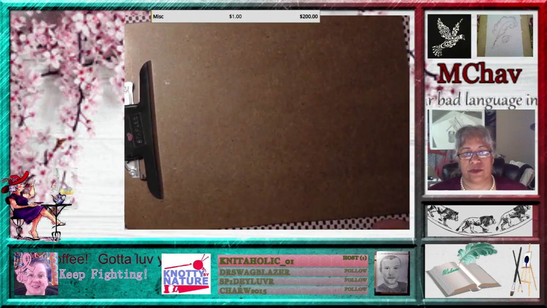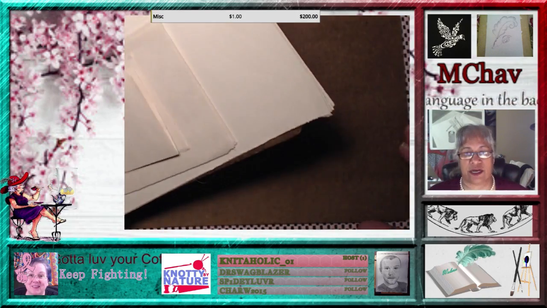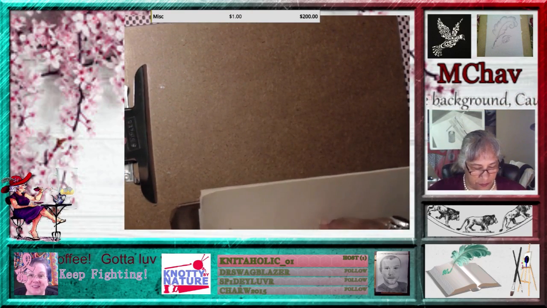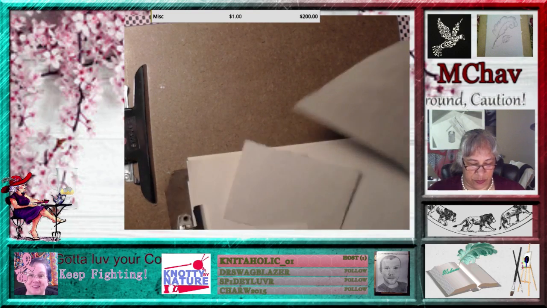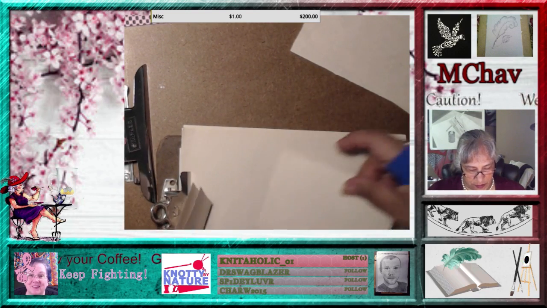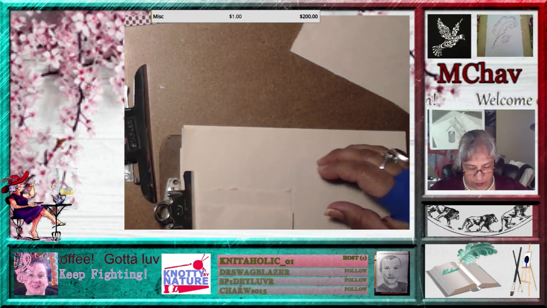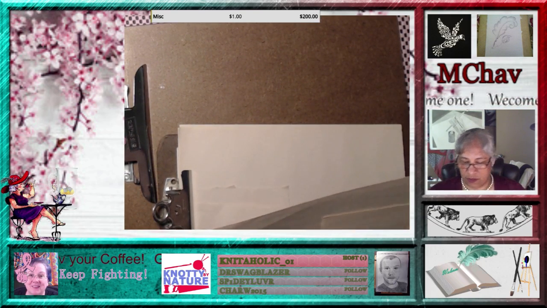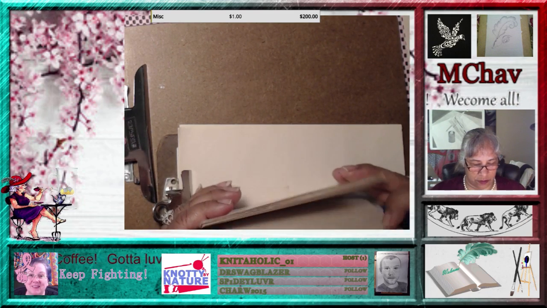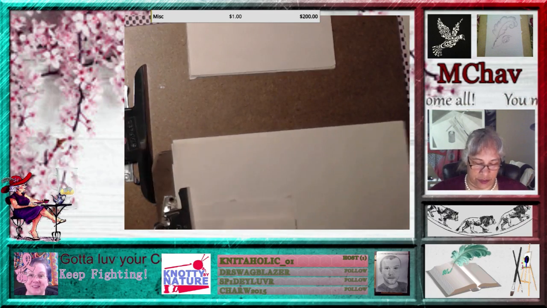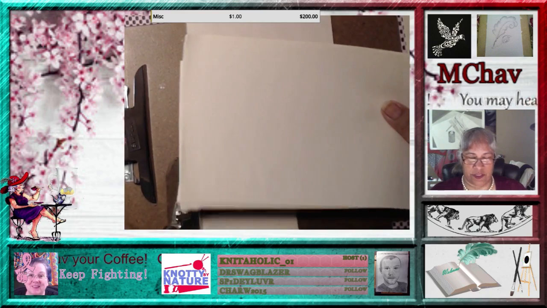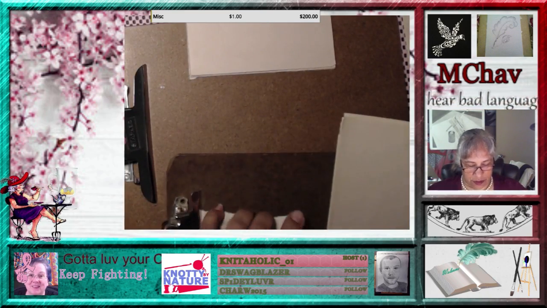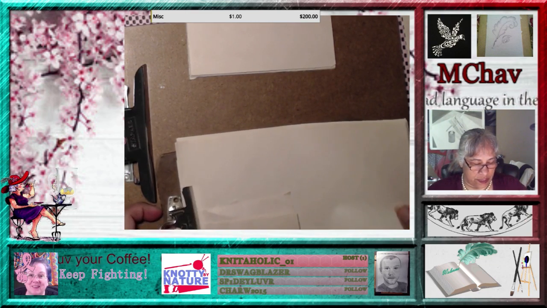Okay, so we're going to set this here so it doesn't hurt your eyes, and then my clip won't be in my way. And I have these newspaper prints that I'm going to use, newspaper print paper. Let me make sure nothing's on this. This one's my sample one. So we're going to use these, and for the larger things, I'm going to use the larger paper. Okay, so first we're going to start with